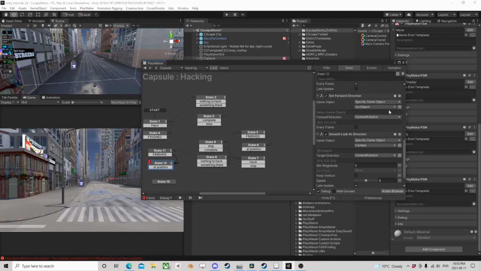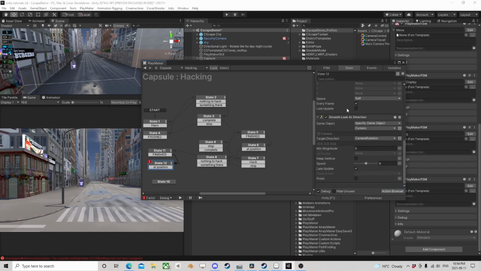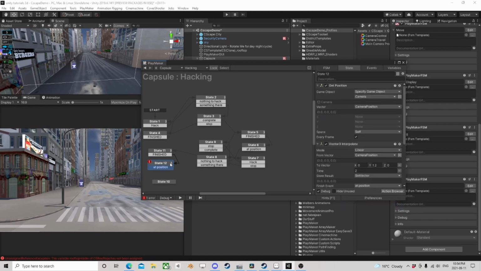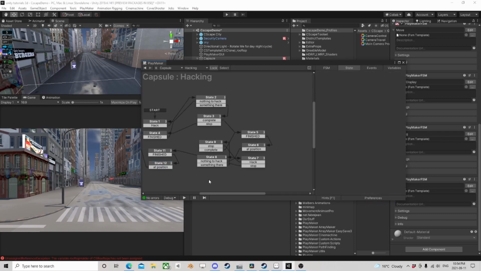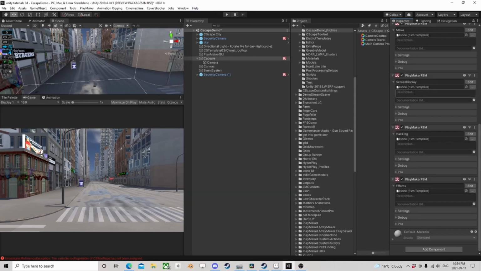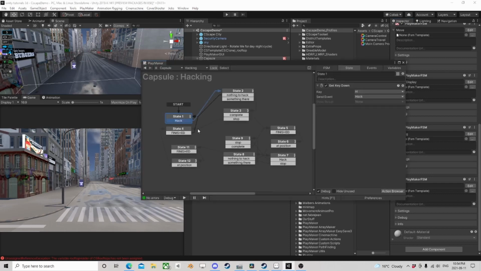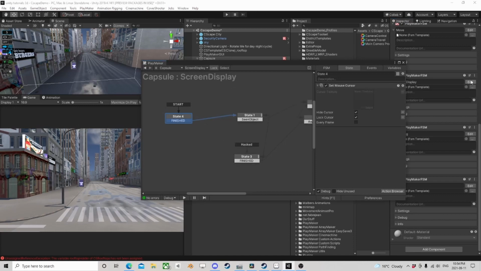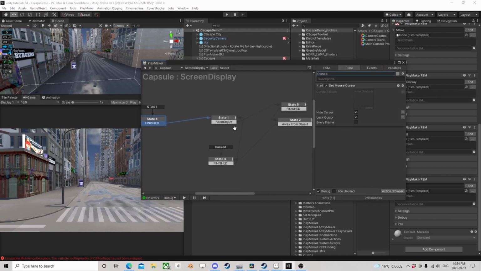And we can get forward direction, which really doesn't matter, I suppose. I don't know. You can't really get the forward direction of the capsule, so I guess that part doesn't matter. And we're at position, we can go here. Oh, and once we're there, I guess we have to give control back to our movement and stuff, right? Because we have hacking, and we have the 0, and we have,